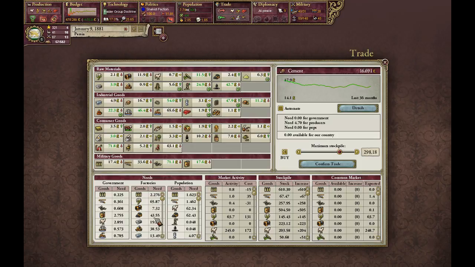So if you build up a stockpile, you can allow factories and your population, and also yourself, to continue your actions and decisions when the demand for a certain product is higher than the actual supply, and it also allows your factories to still run.